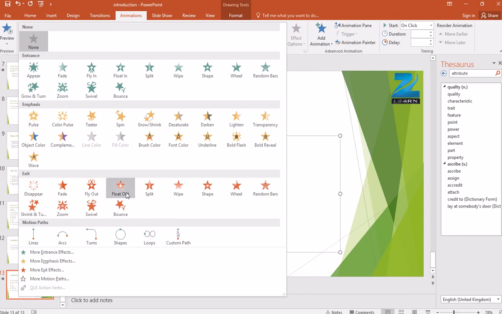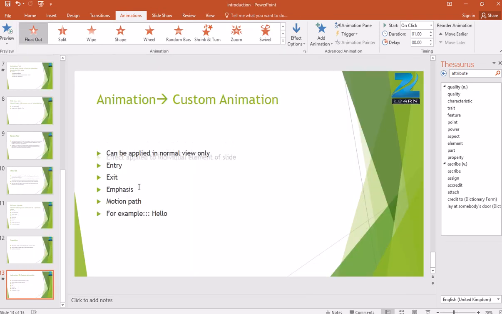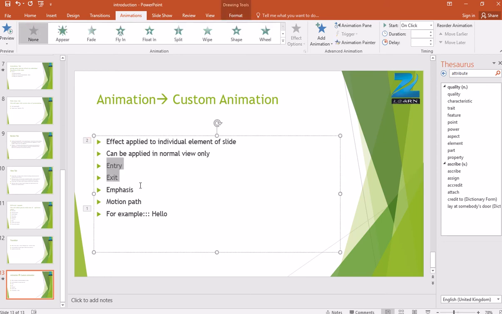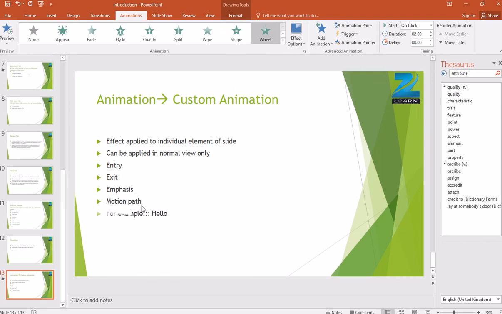Out of that you can select any animation for your element, so it will be applied. Motion path, all these are different types of animations. For example, hello. On this, if I am applying any animation, I will select this word, I will select any animation from here and it will be applied to that element.